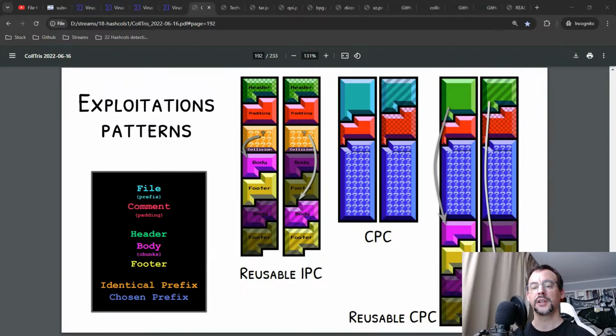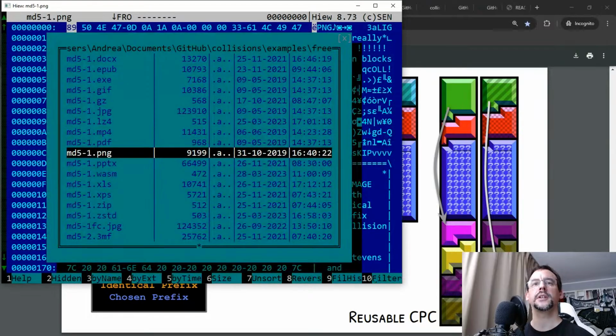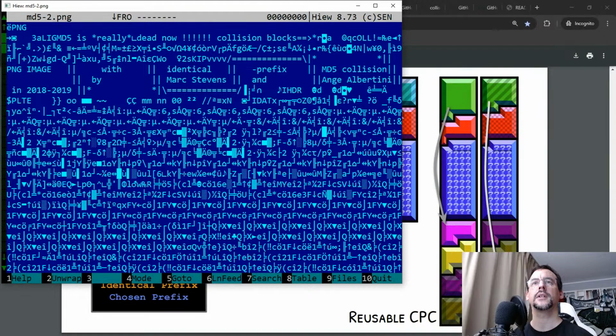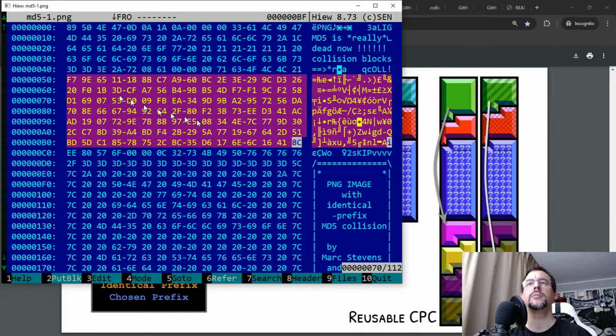noticeable structure. So let's take some PNGs, and this is the pair. And again, you have a header, but there will be some alignment to a multiple of 40. Then there would be two blocks. We can see them here. In this case, it's two blocks. Most of the time, it's two blocks for